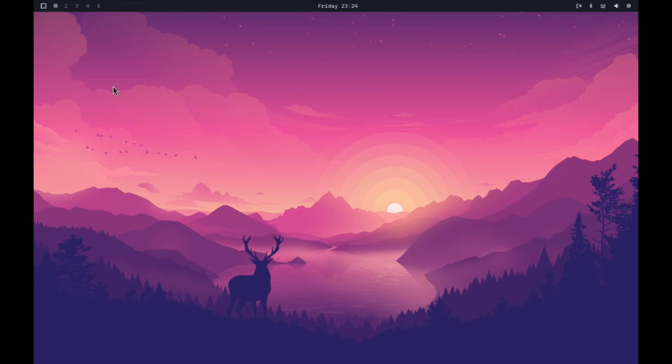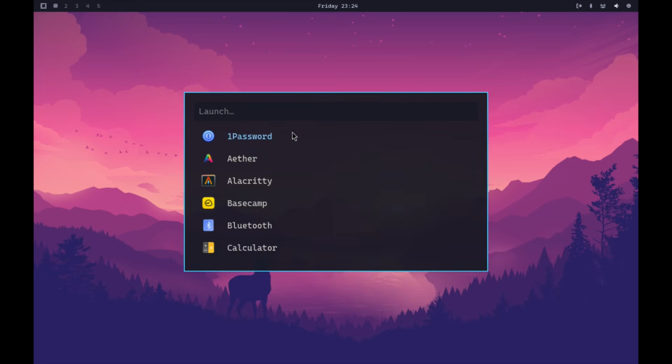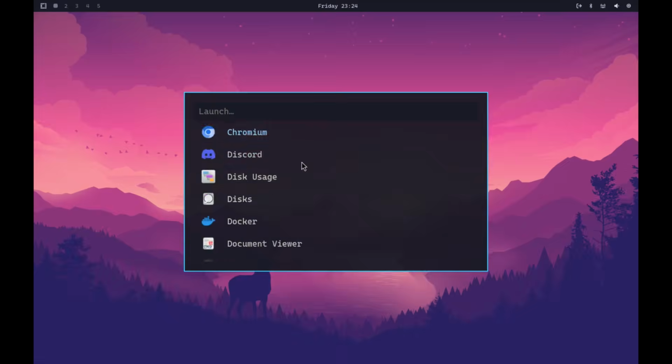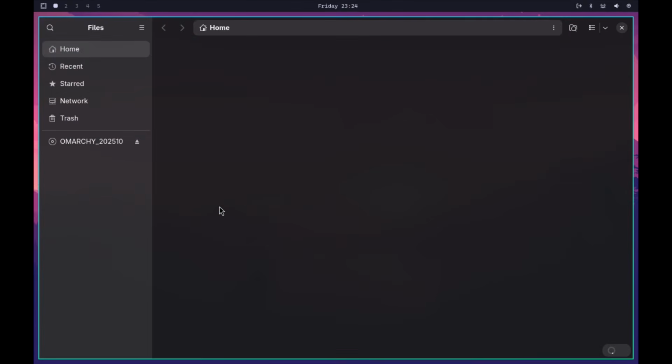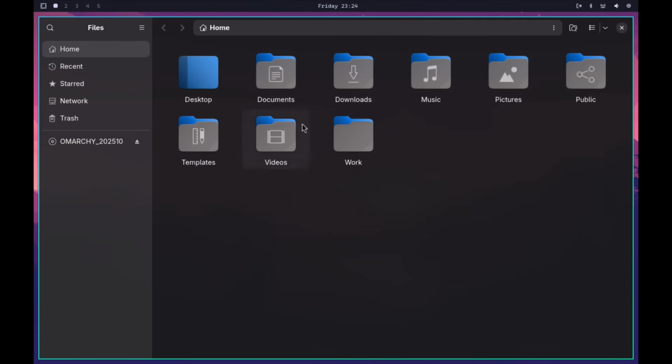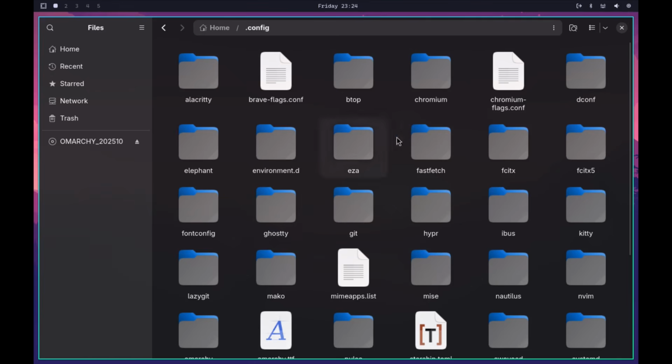All right. Let's get to a file manager. We looked at it earlier, but let's get back over there just to check some things out. So right now, this is your home folder. So you've got your desktop, documents, downloads, music, pictures, public, templates, videos, and work. And of course, you've got your Control H, so you can see all your hidden files. And in your hidden files, you have a config folder. So let's see if they have an actual